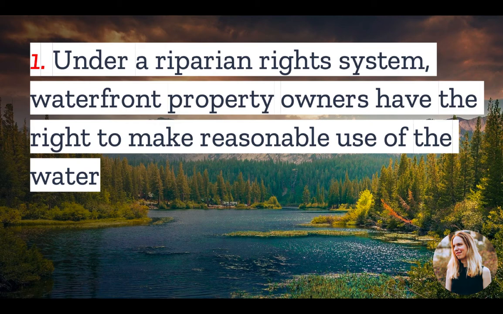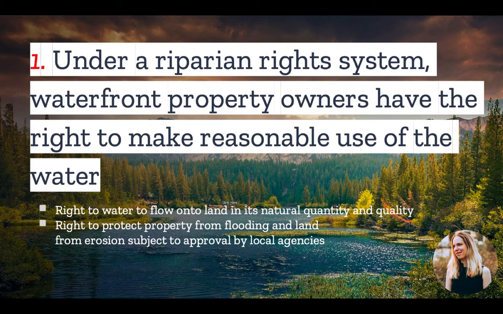Number 1. Under a riparian water rights system, waterfront property owners have the right to make reasonable use of the water that flows through or next to their property. Now, it's important to note that the water itself is publicly owned in most cases, but the riparian rights holder will have certain rights, such as the right to keep the water flowing onto the land in its natural quantity and quality, the right to protect their property from flooding and erosion, with the caveat that any construction designed to prevent flooding and erosion must typically receive approval by local building agencies, the right to fish in the watercourse,